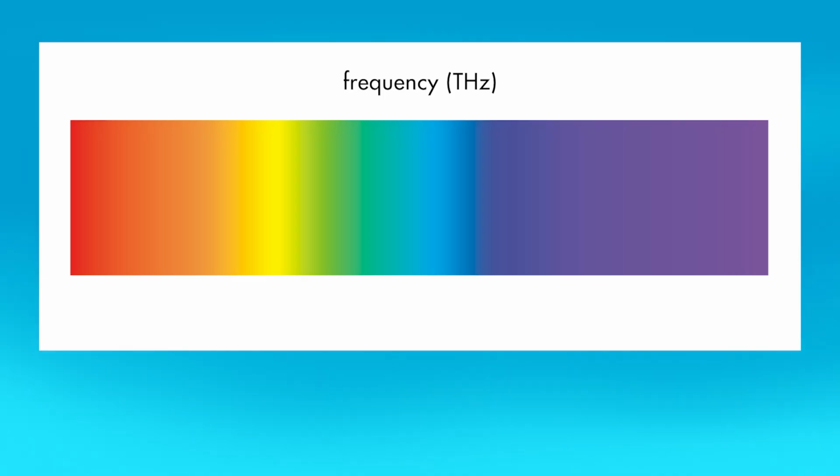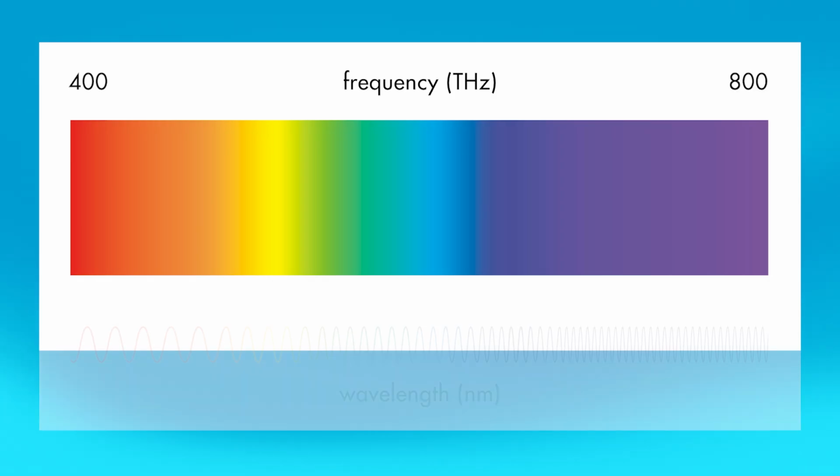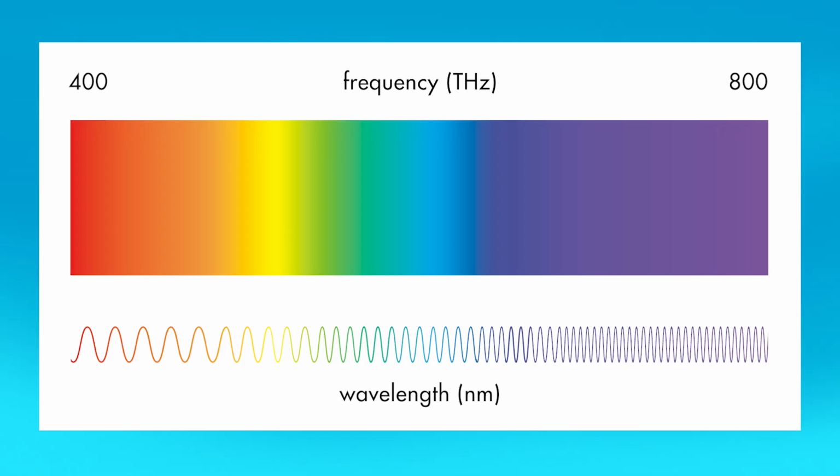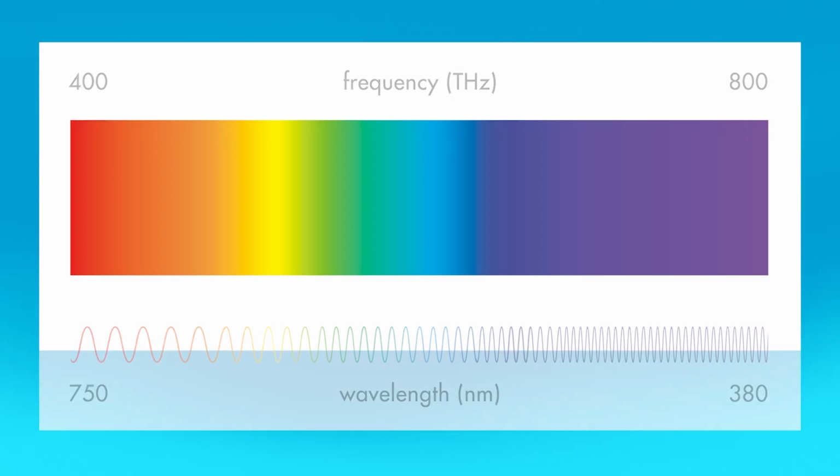Light is a form of electromagnetic radiation with frequencies ranging from about 400 terahertz to about 800 terahertz. Its wavelengths range from about 750 nanometers to 380 nanometers. Within that range of frequencies and wavelengths are the colors of the color spectrum. The color spectrum actually contains millions of colors, which were traditionally grouped into 7 principal colors: red, orange, yellow, green,